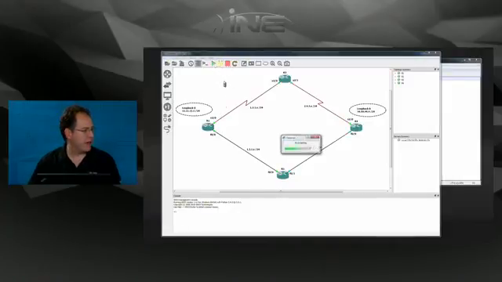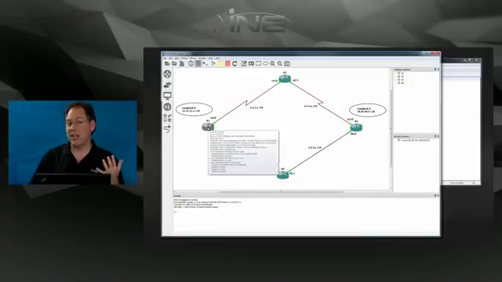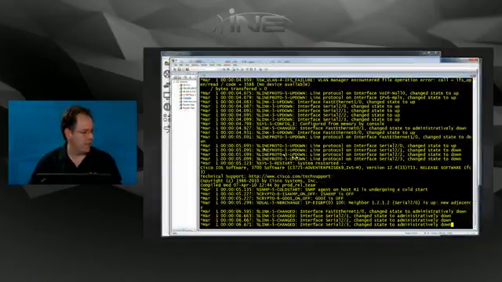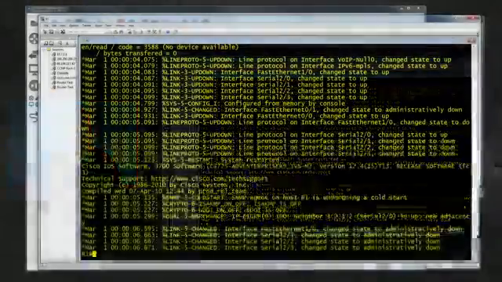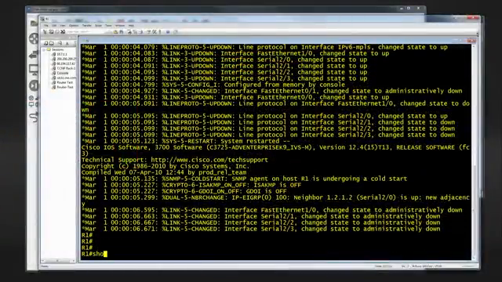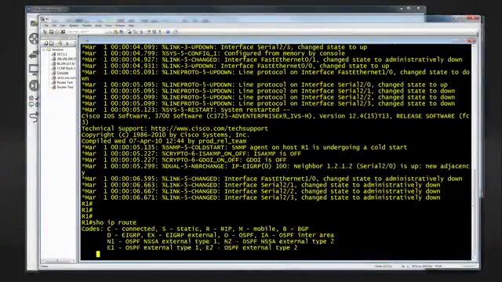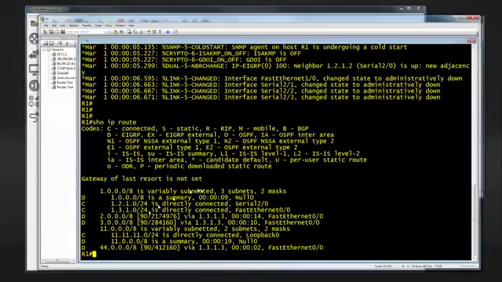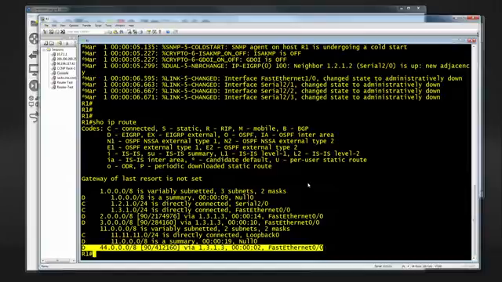Let's go ahead and start the routers up. And let's go into router 1, and what we're going to do is look in his routing table. According to his routing table, if he was going to route packets to the 44.44.44.0 network, what would his egress interface be? Where would he send those packets? Show IP route. And we can see he's learned of that network, and he would route them out the fast Ethernet link,